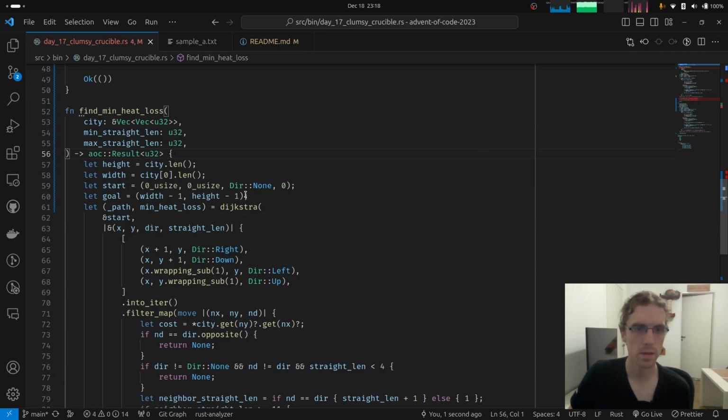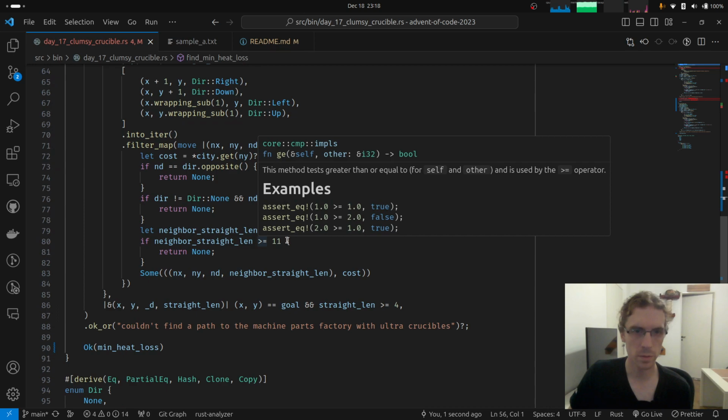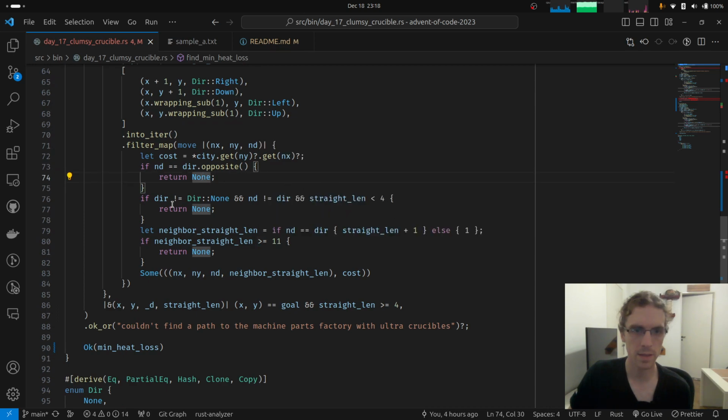Okay. And then we should use them and say, okay, if the straight line, like the minimum, we're going to say, for instance, for part 2, that it's 4, so that's less than the minimum.